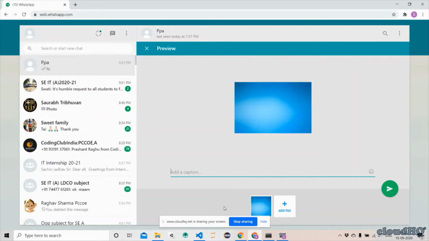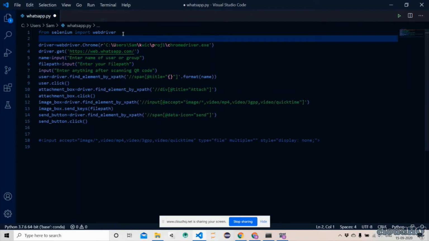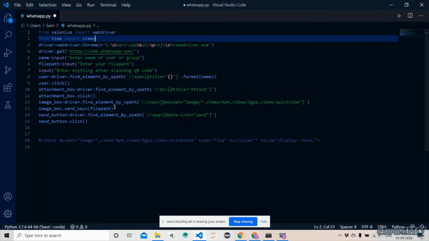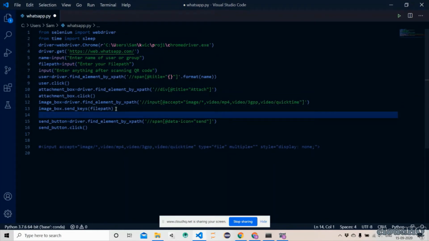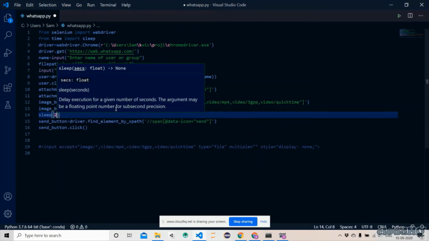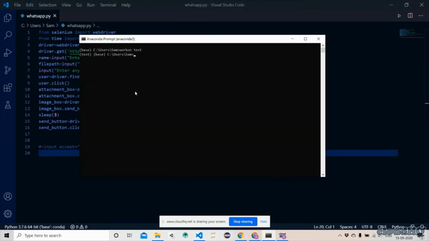For this problem we would import sleep from time, and while the send button window is loading, we would sleep this program for 2 or 3 seconds, and I would save this. And now let's try to run this code.